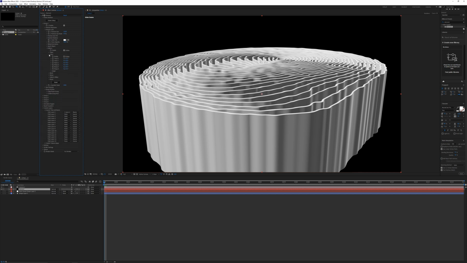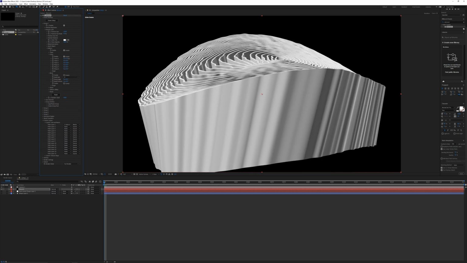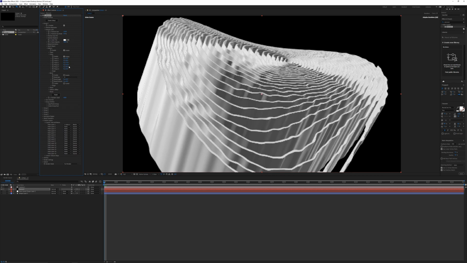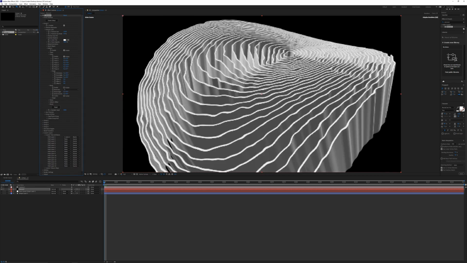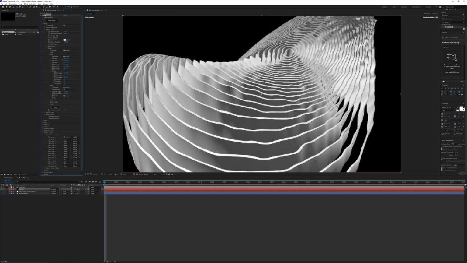All right, so if we open up group 1 and go into the particle look, and then open up deform, and then open up twist, this is where things get a lot more interesting. So you can play around with all sorts of different twisting for the X, Y's, and Z. There's also a phase, which kind of just shifts its position, essentially. So you can play around with these until you get something that you're happy with.